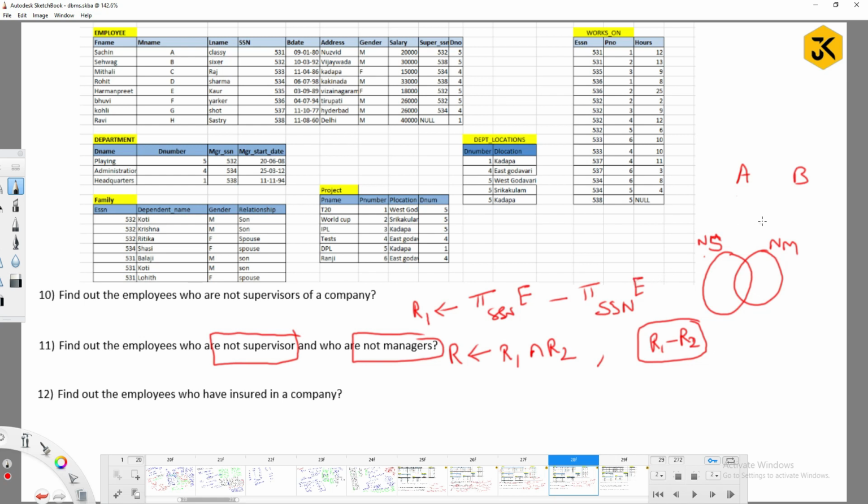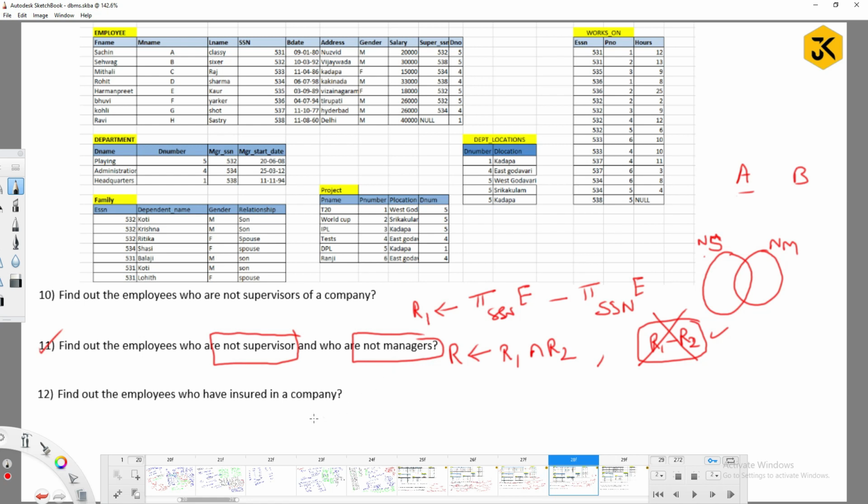So if you define R1 minus R2, it says who are not supervisors but are not managers. Okay, you can read that. Anyway, finally here I can conclude that R1 minus R2 is not the correct solution for this query. Okay, fine.